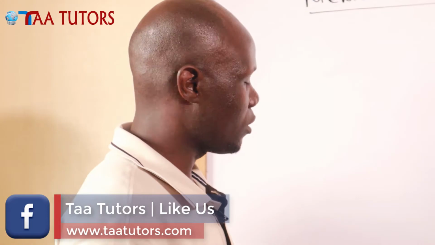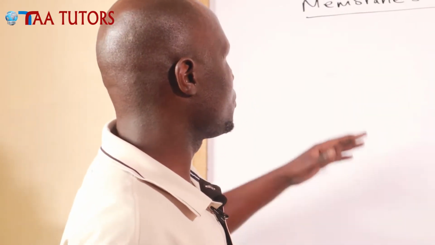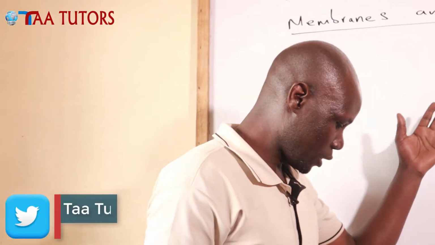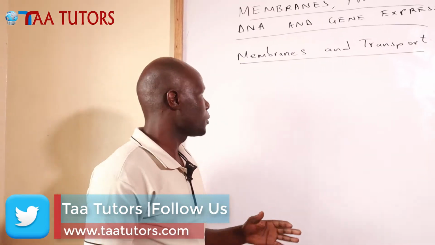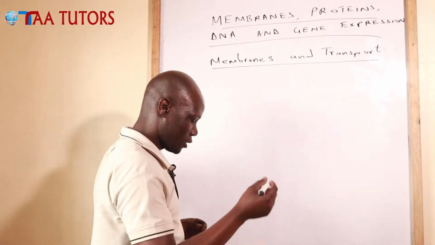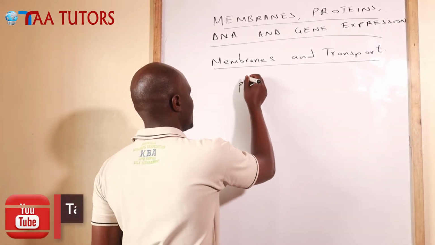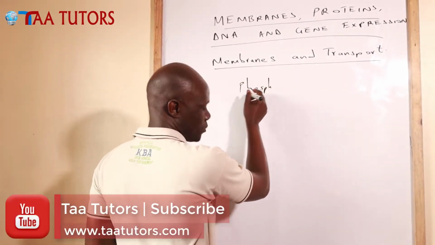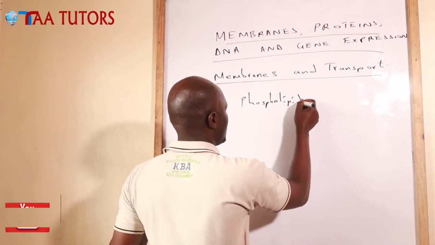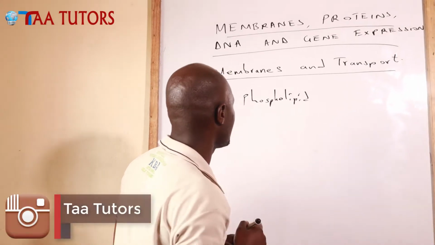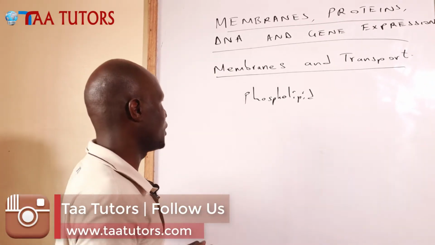Welcome again to this session, and I want us to continue from what we were talking about, the membrane structure of a cell. So we looked at the phospholipid bilayer of the cell, and we saw very clearly that this phospholipid bilayer has two molecules in it. We have the phosphate molecule and the lipids that are combined together, and we saw